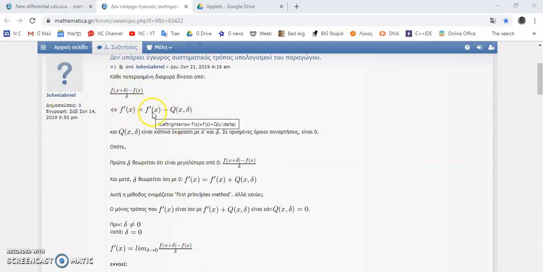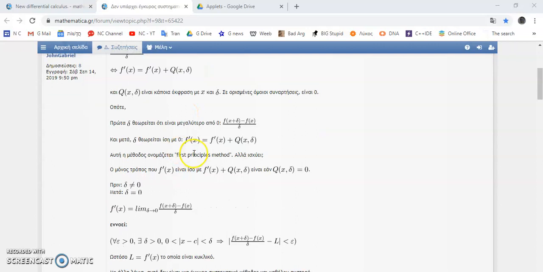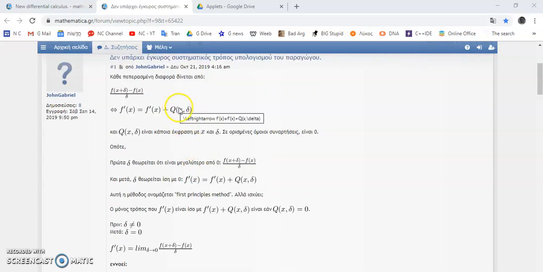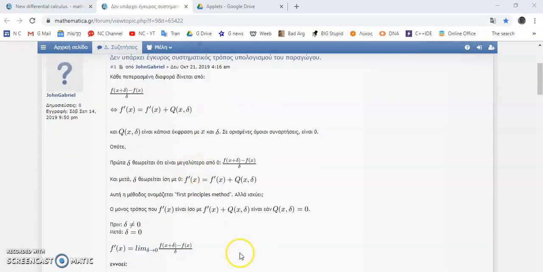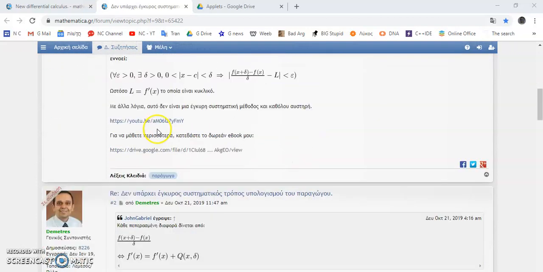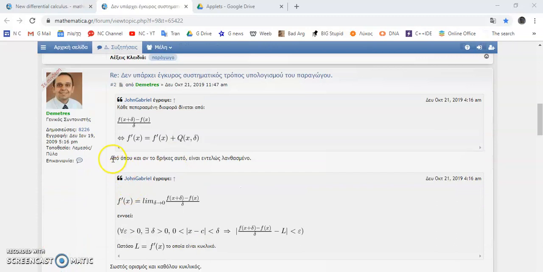In other words, equal to f prime of x plus some expression in q of x delta. Now, what is this expression in q of x delta? I'm going to explain to you very clearly what it means exactly in terms of both the new calculus and your bogus calculus. But before I continue, this little man here, Dimitris Yannikos